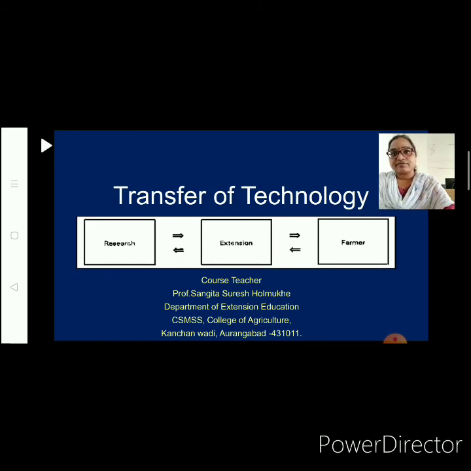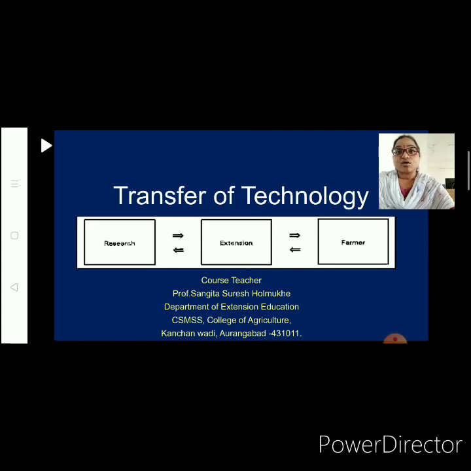And again the same feedback is given to the research team. The extension workers have to do this work and analyze whatever feedback has been given by the farmers in their regions, and they have to hand over this feedback of the technology to the researchers team, and that researchers team again confirms where the lacunas are found by the farmers in their location. So on site locations, what the problems are, these are different.